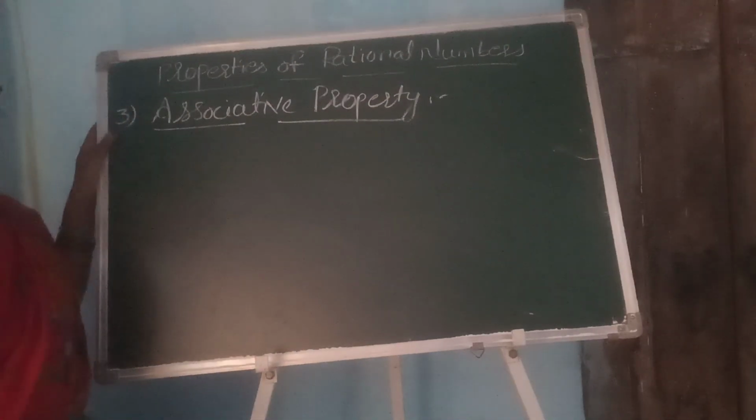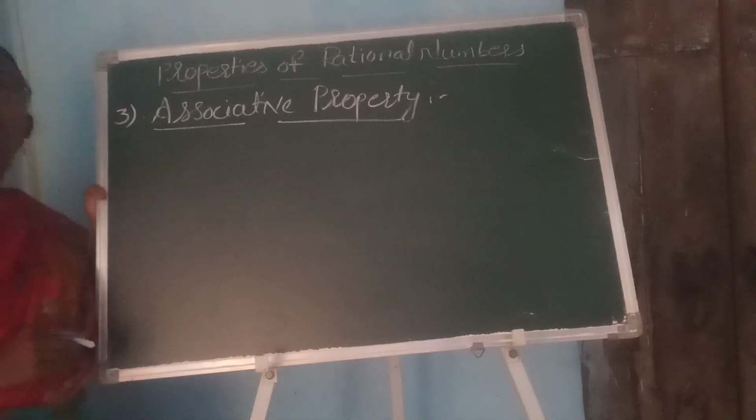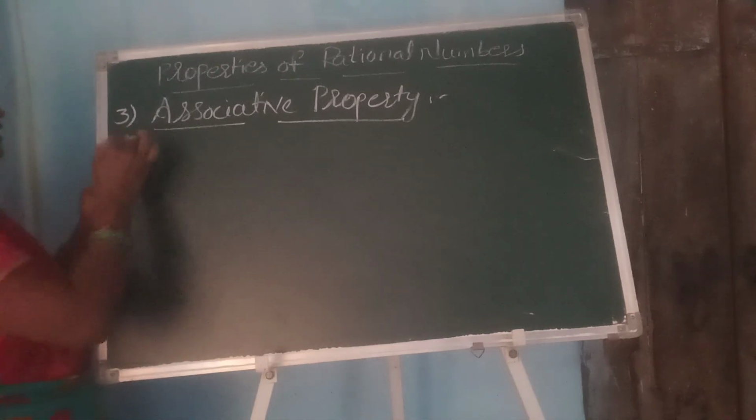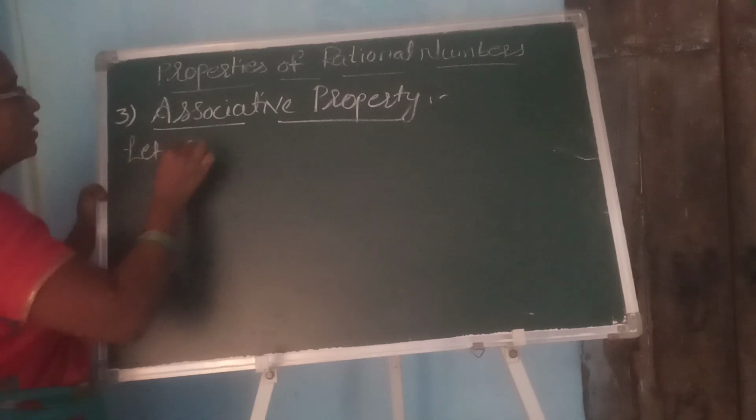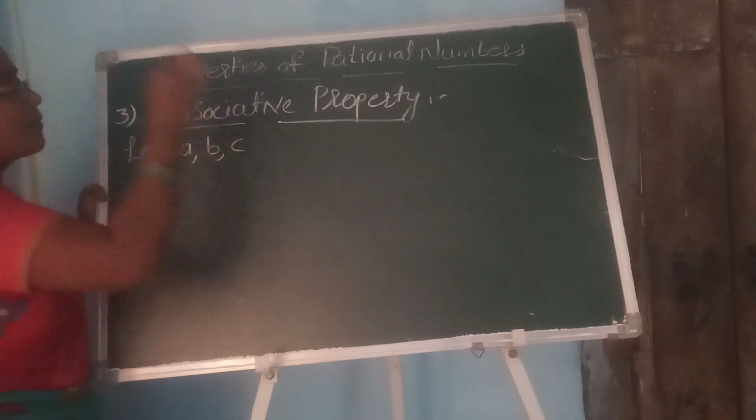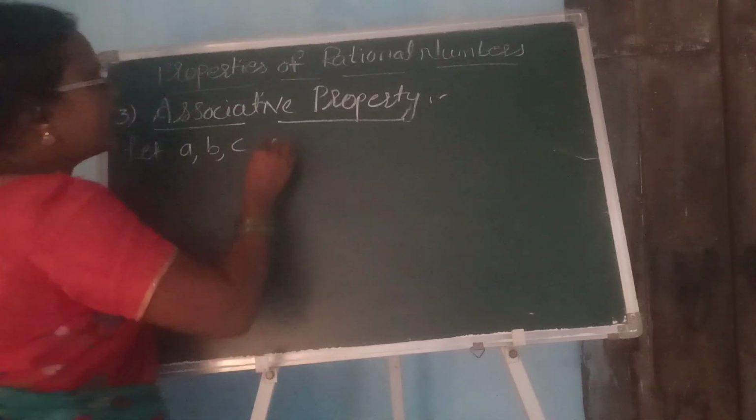Up to now we have taken only two values, a comma b, or any two rational numbers. Now for this associative property we are going to take three rational numbers. Let a comma b comma c be any three rational numbers